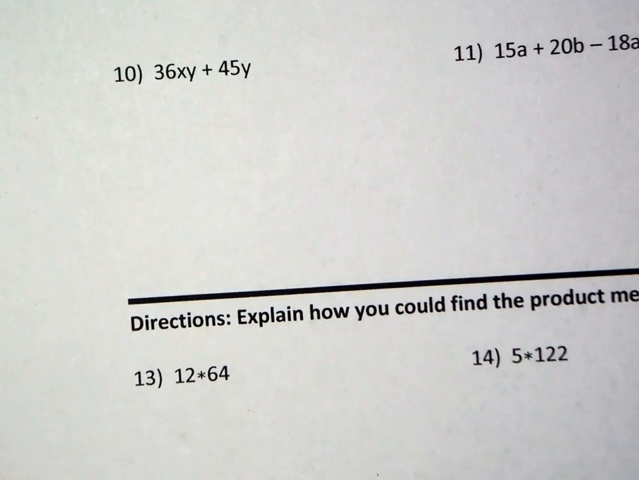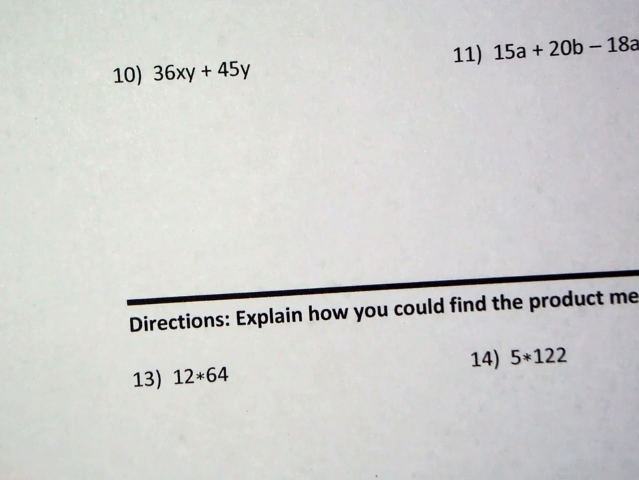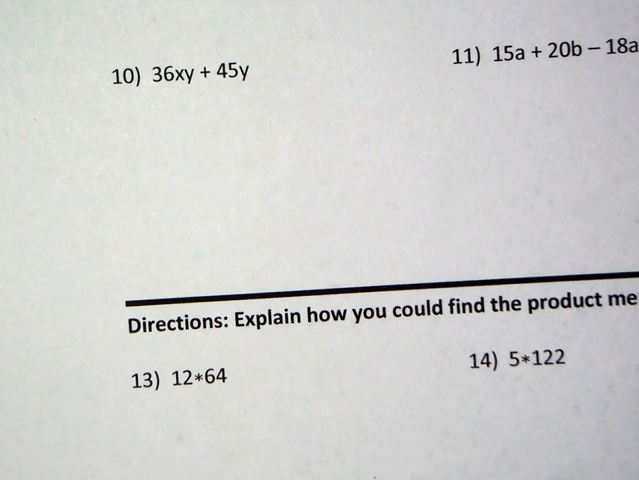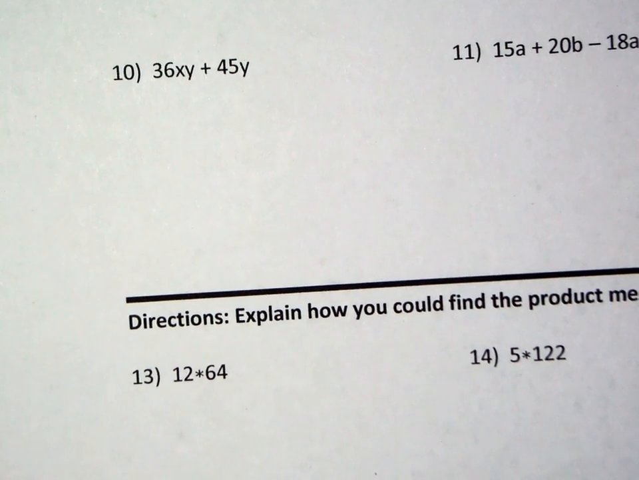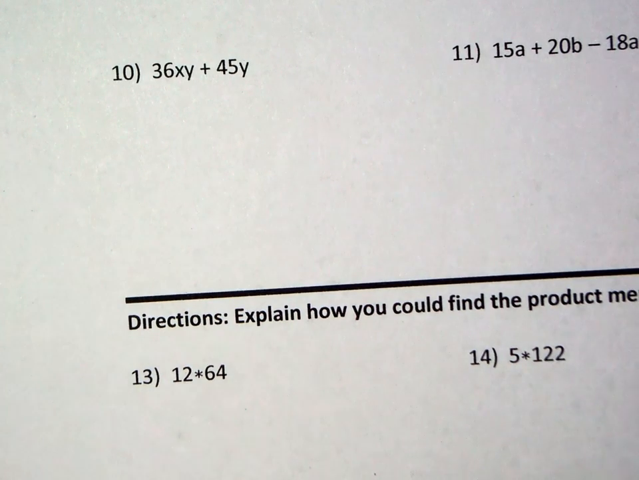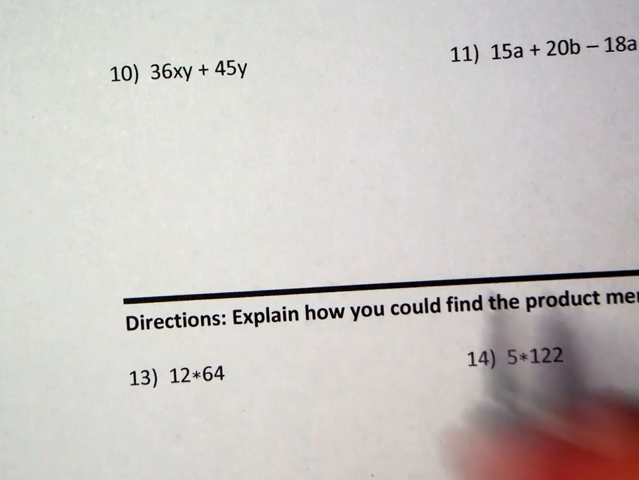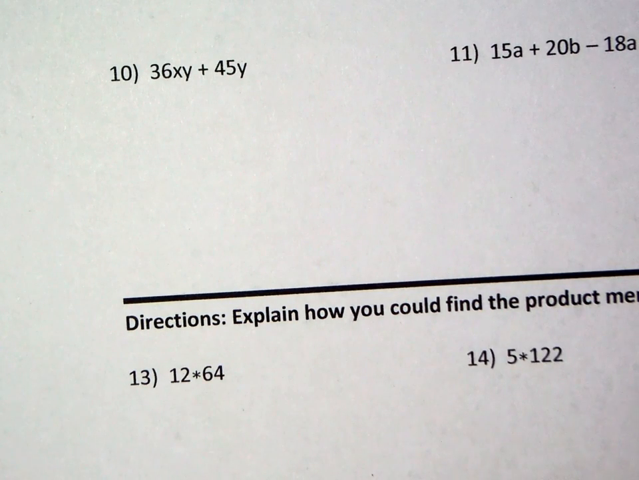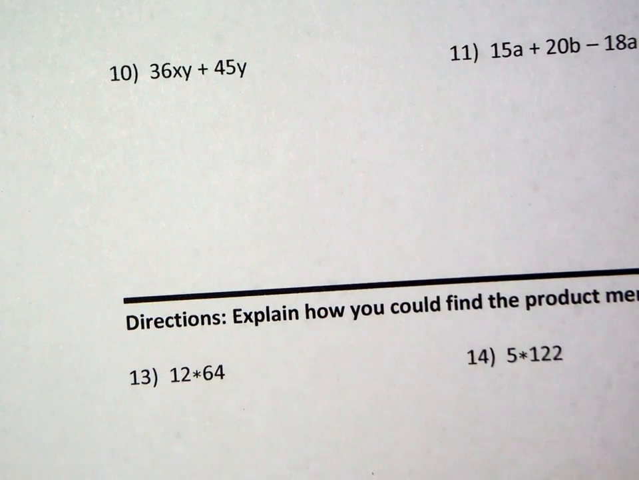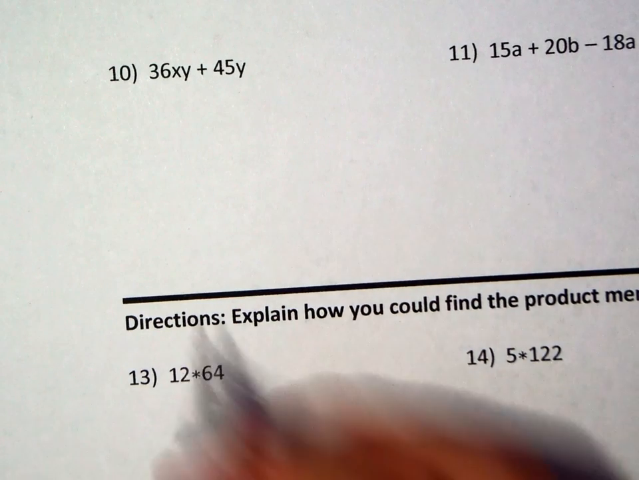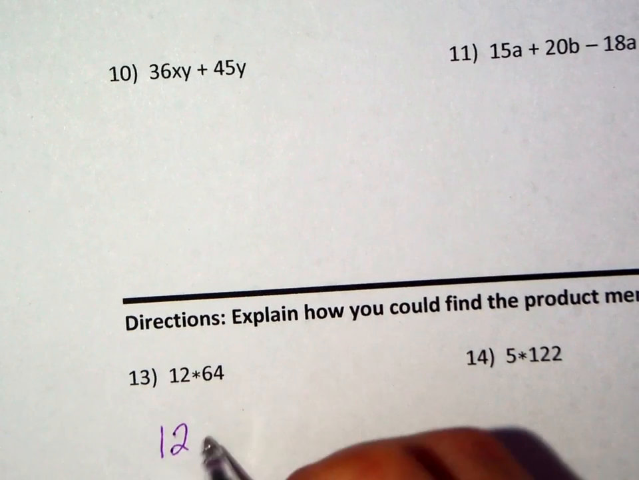And then number 13, explain how you could find the product mentally by factoring. And we talked about this briefly in class of just simplifying one of the terms in the expression so that we can do multiplication much more quickly in our head. So we could do that for this first problem by saying 12 times